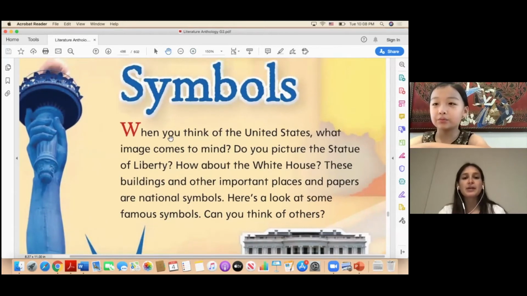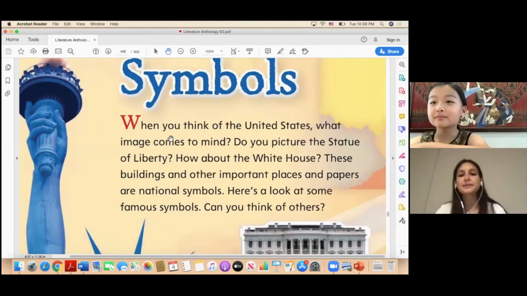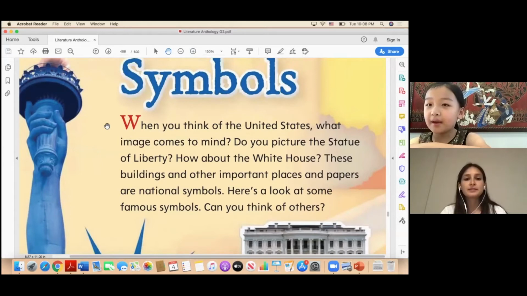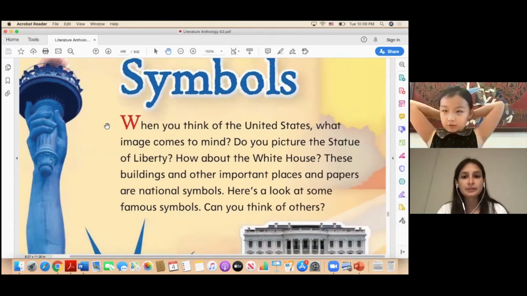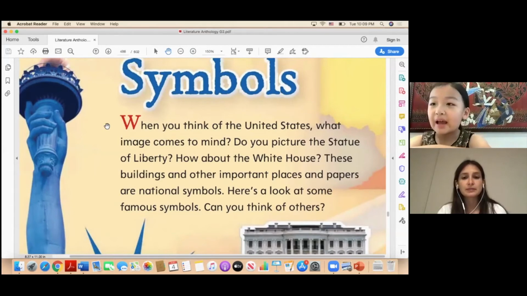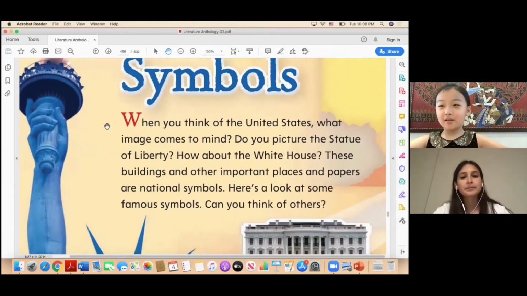Okay, so go ahead and read this paragraph, Alita, please. When you think of the United States, what image comes to your mind? Do you picture the Statue of Liberty? How about the White House? These buildings and important places and papers are national symbols. Here's a look at some famous symbols. Can you think of other